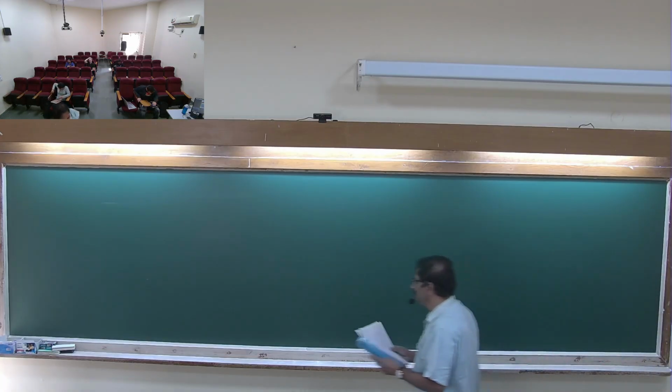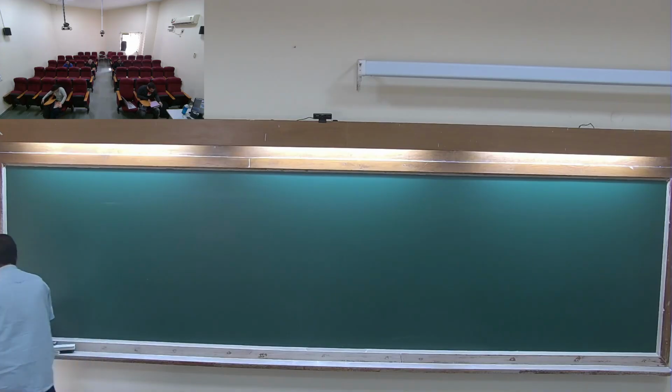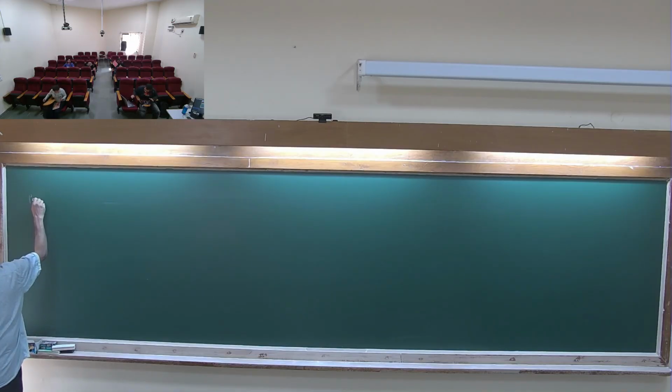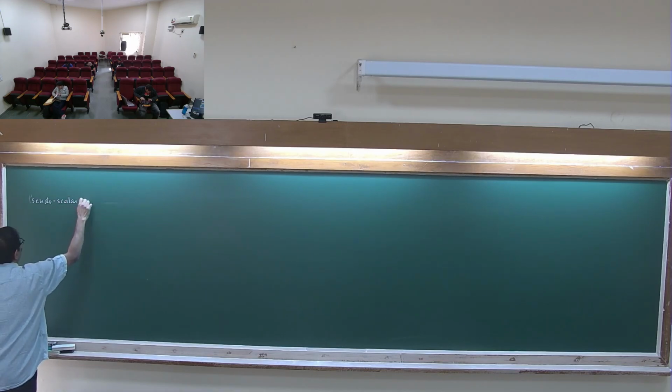So I requested you to think of things that you want to ask in this class, so that we can also have some participation. The other day I screwed up a very simple formula, and so let me just write that one more time. So that was for the pseudoscalar and vector mesons